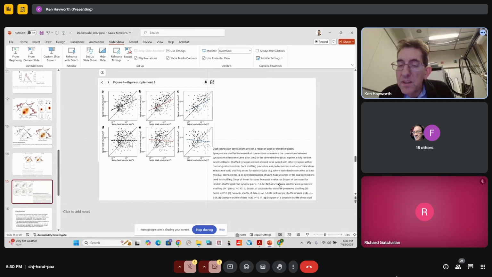So B is a subset of the data for axon preserved shuffling. A is the data that you've already seen. D, E, and F are going to be different shuffles. D is just a shuffle of synapse pairs, but E is a shuffle of the